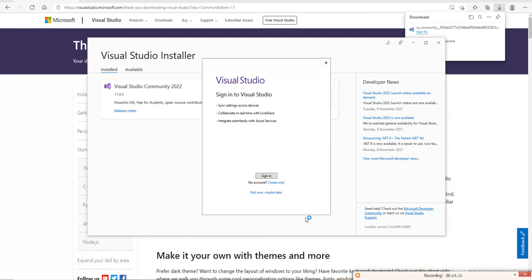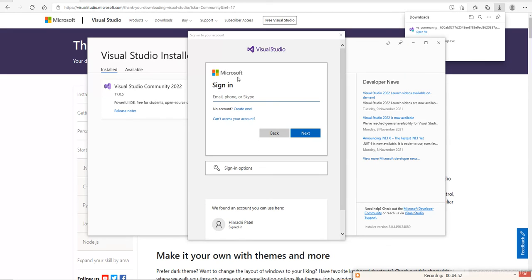Okay, you can sign in with the Microsoft ID, or if you don't have one, then create one. So once you click on sign in, then you will be able to see this screen. Just put your email ID. I do have my